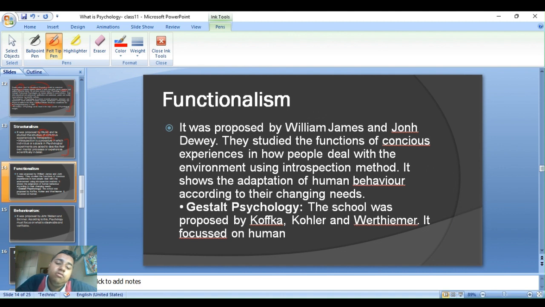Gestalt psychology. This school was proposed by Koffka, Kohler, and Wertheimer. It focused on human